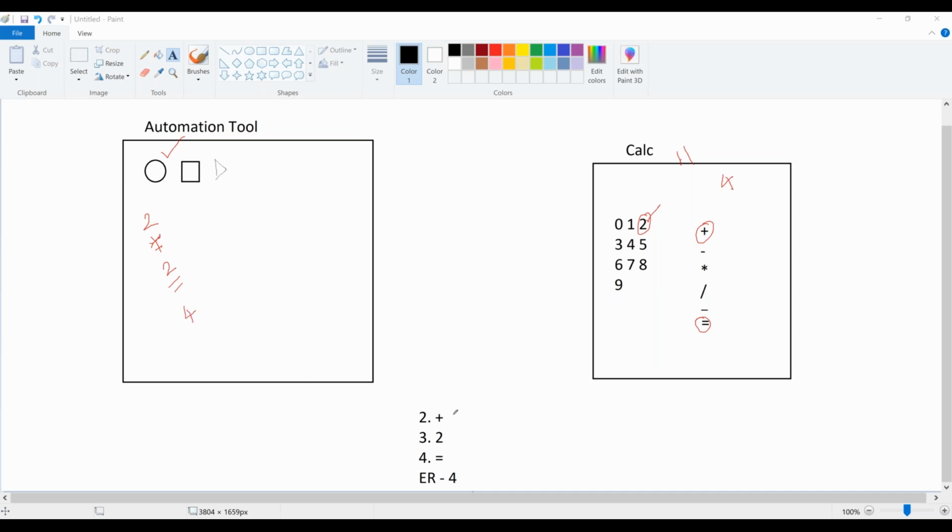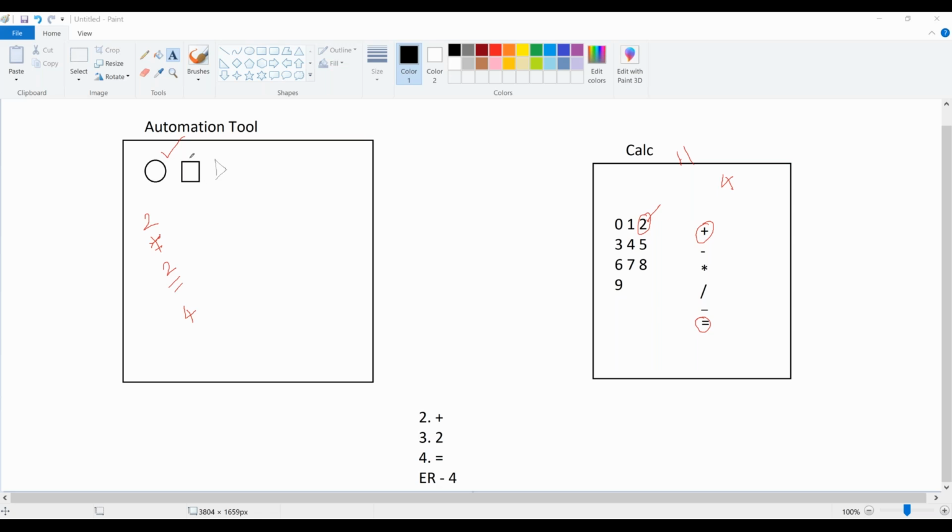Okay. So this is what my test case says. All my steps I am uploading in my automation tool with the help of this record button. Let's say you don't have a record button, you will manually write the steps. So once you have written all the steps, you will click on the stop button. So let's say I'm using record, stop, and play button.